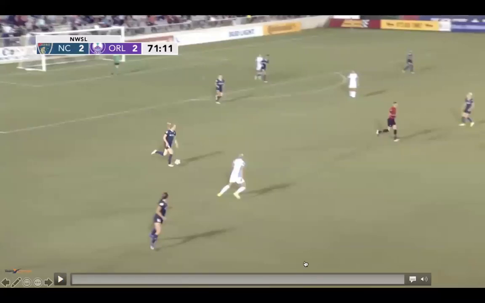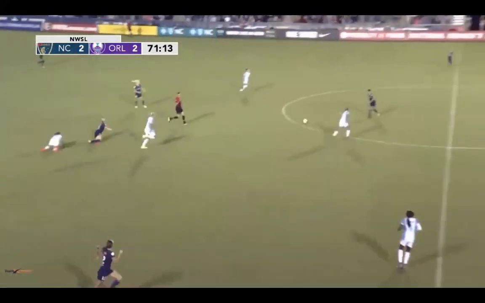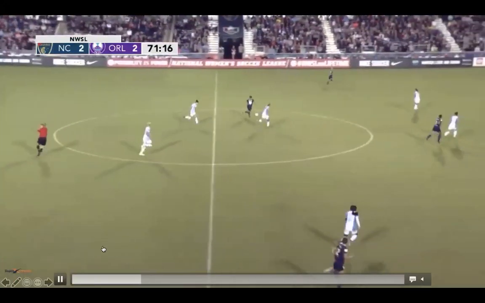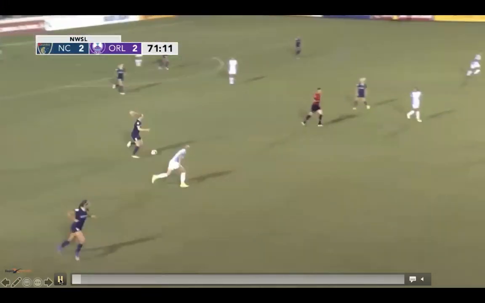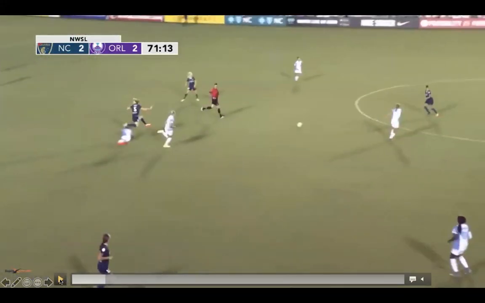I'm going to run through these quickly just because we're at the end of our time here, but I think it's worthwhile to see. These are some good examples of wait and see. Foul committed. Great body language from the referee. So we have the foul committed right here.